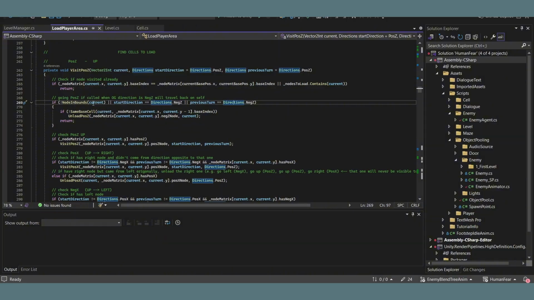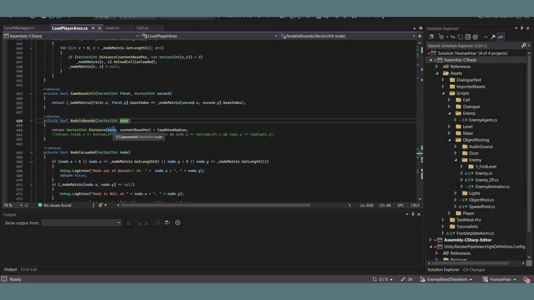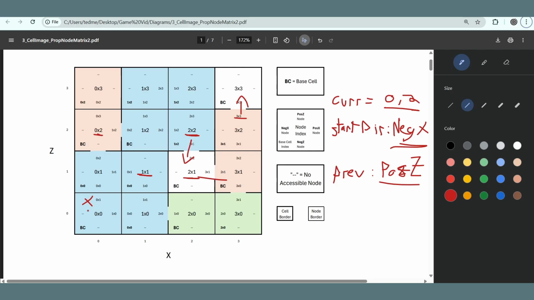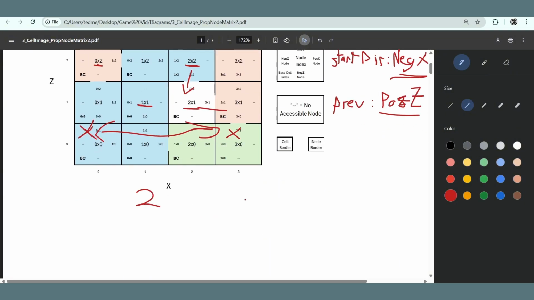is if the node isn't in bounds. So what this means is we're basically comparing the difference between the node that we're currently at and the current base position of the player. And we're comparing that to this load area radius, which within the editor is simply set here as 4. But if the player is standing here, let's say it was only 2, so the player cannot see anything after this line, we would basically check the distance between these two, and because it's greater than 2, instead of simply